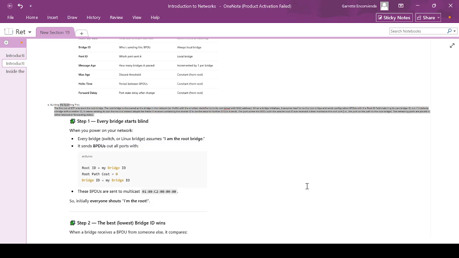When a bridge initializes, it assumes itself to be the root bridge and sends configuration BPDUs with a root ID field matching its own bridge ID. But if it detects a bridge with a smaller ID, it ceases sending its own frames and instead adopts the frame it received containing the smaller ID to be the basis for further BPDUs it sends. The port where the BPDU with the smaller root ID was received is then marked as the root port,